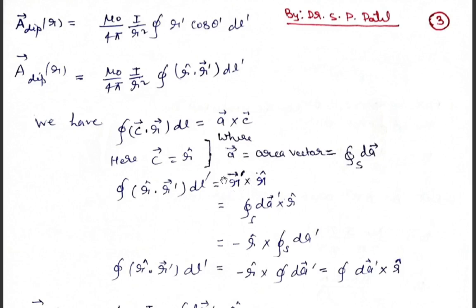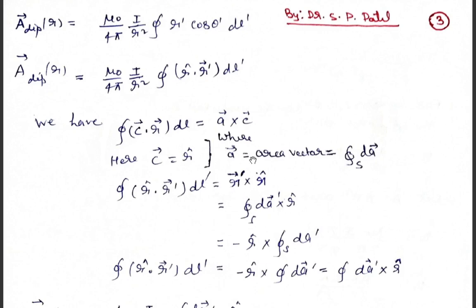Where this r, I have written r prime vector. Basically this should be A vector. This should be area vector. I have written actually wrong. So this should be A cross C, na? So that is A cross C, area vector. So it means that this I have written r prime vector, this is basically area vector. So this area vector can be replaced by this vector. So here it should be area vector, because this r prime, r vector is absorbed here in A, this r prime, r vector is converted into area vector. So this r prime vector should be converted into area vector. I have written wrong.